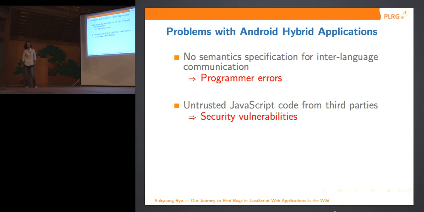The problem with Android hybrid applications: it's actually better than JNI. Java and native C code, no, been there, done that, not for me, right? And this one is better because we have source code for JavaScript and Java. Yeah, not really source code for Java, but we have bytecode. It's close. The thing is that there's no